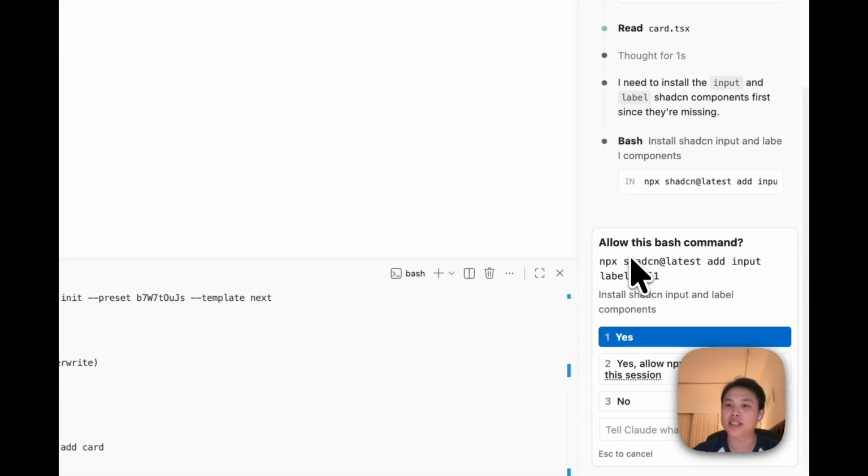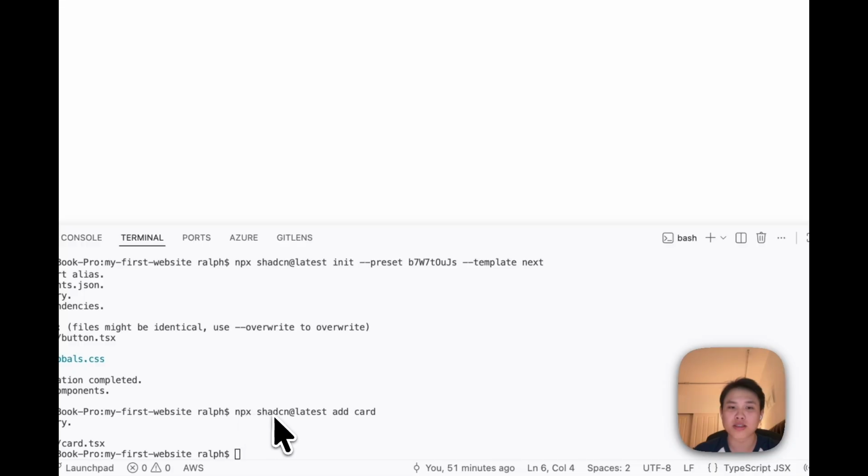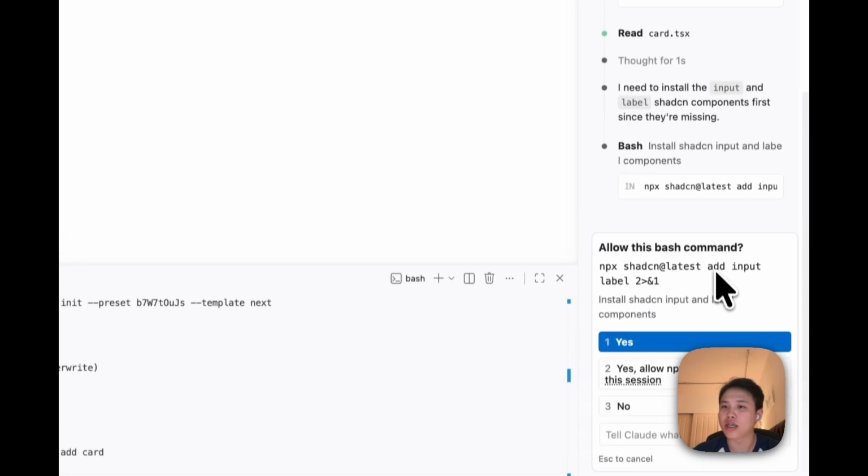Okay, so AI is asking us if it can run this npx shadcn@latest add input command. It looks familiar, right? Let's look back. npx shadcn@latest add card. So when we try to add this card component, it says add card, and now it wants to add an